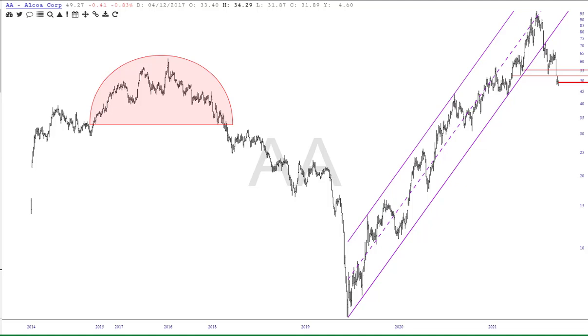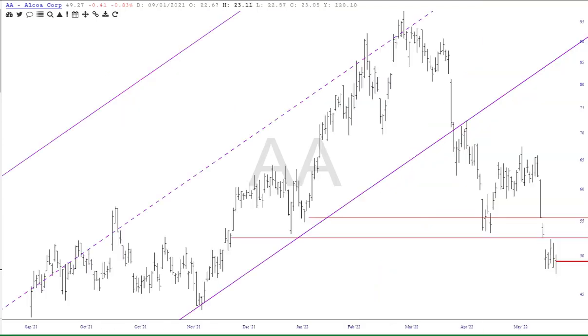As I said, there'll be 4 videos of 22 each, and I'll just say a few words about each one. These will be in alphabetical order, and I've made a nice big fat watermark of the ticker symbol in the middle of the screen. Here's Alcoa, which is a nice big head and shoulders pattern, and I would mention that